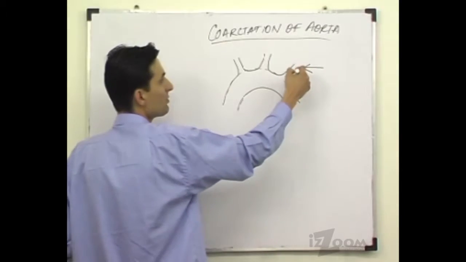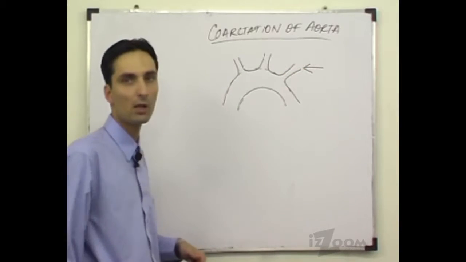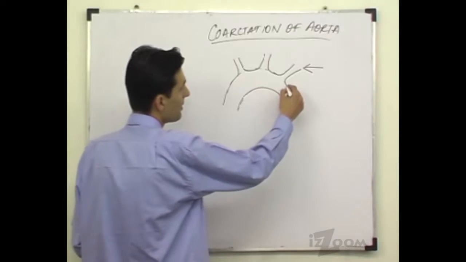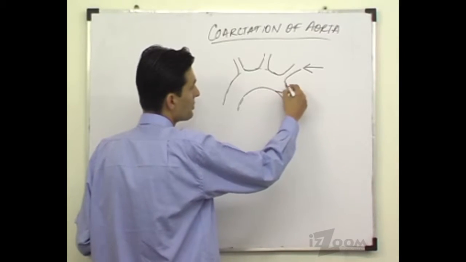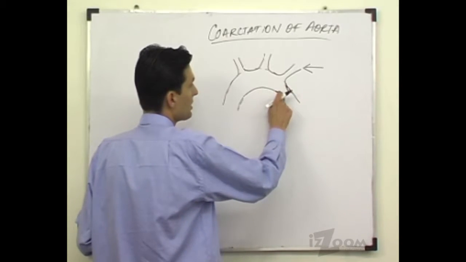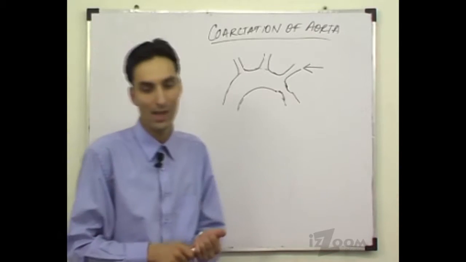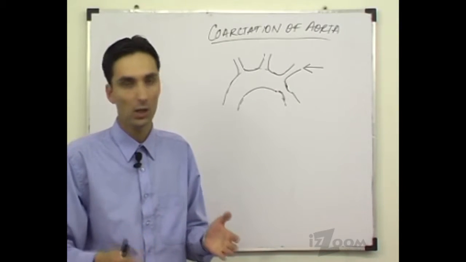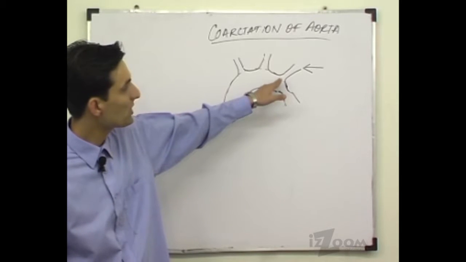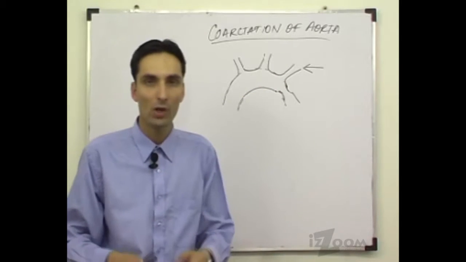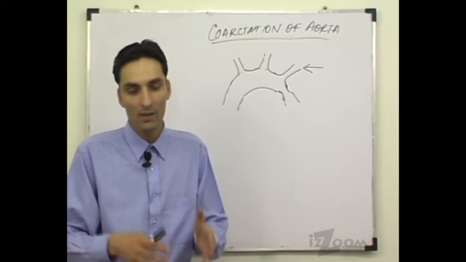It is distal to this left subclavian artery that the narrowing of the aorta most commonly occurs. So this is narrowed right here, and this is what coarctation is. Narrowing of the aorta, which most commonly occurs distal to the left subclavian artery in the region of the patent